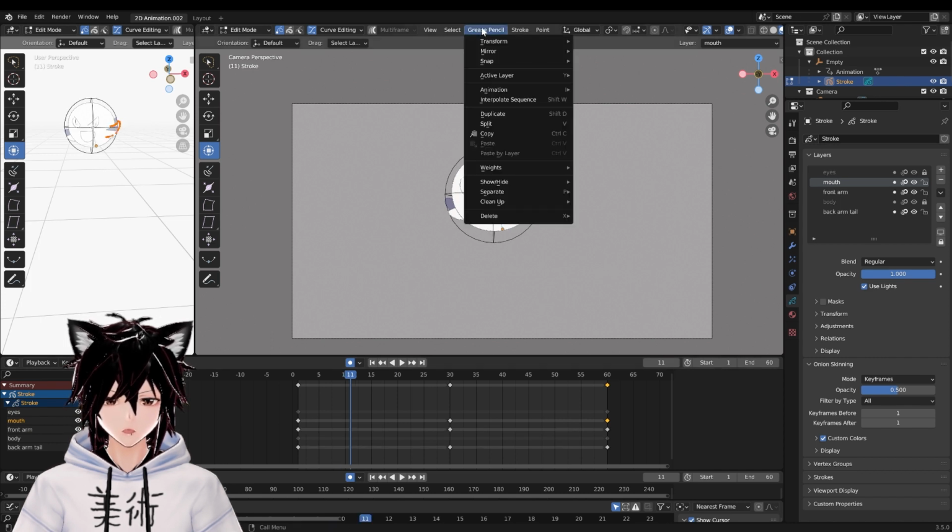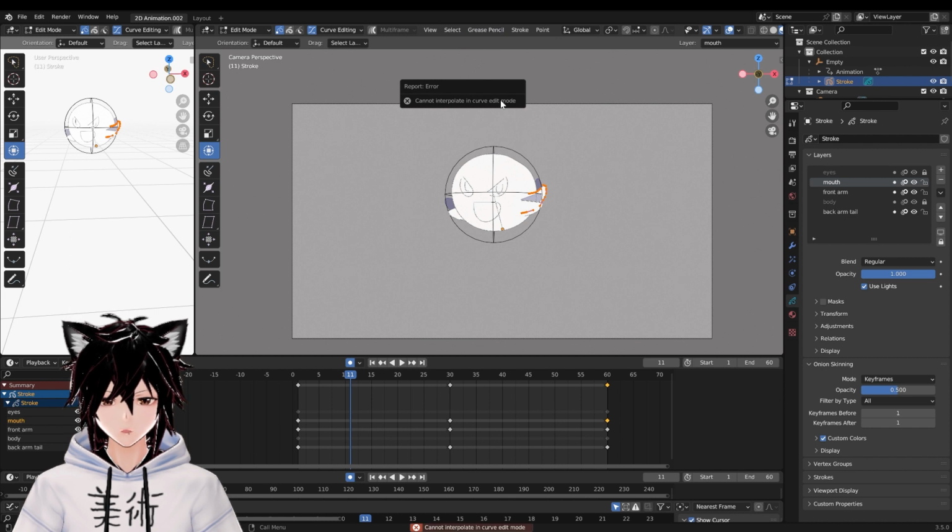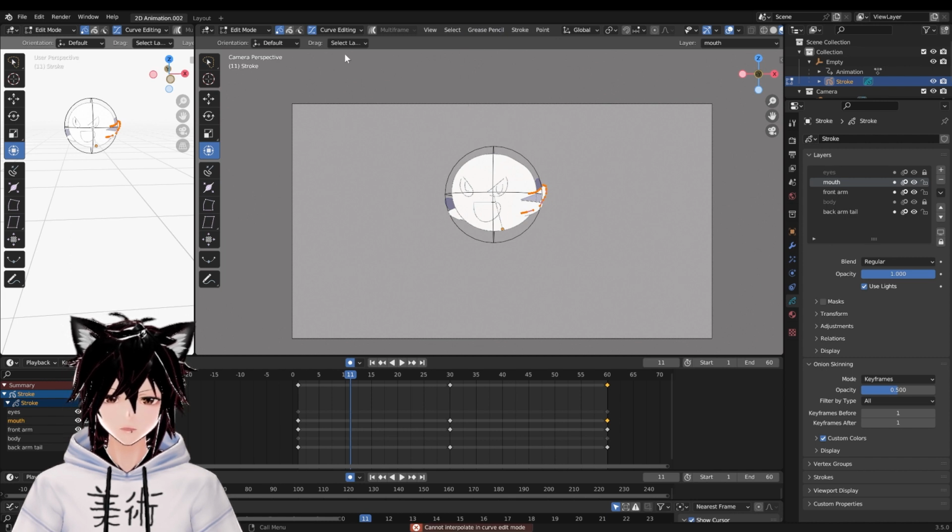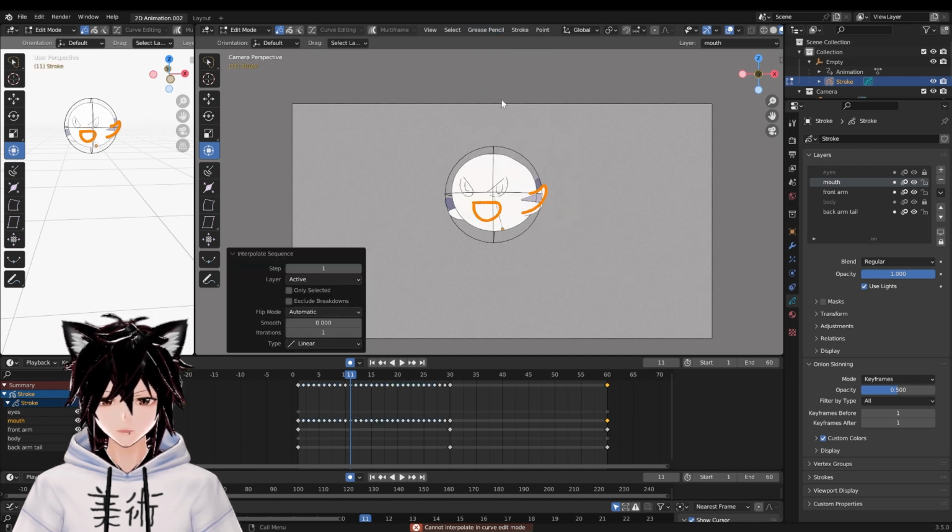Once here, go to the top menu labeled grease pencil and down to interpolate sequence. All these layers are going to be following the same type of movement, so select all layers as the layer box type and open up the types. If there are ever any layers you don't want selected, locking them will prevent them from being added to the